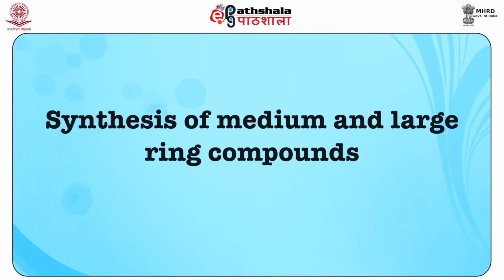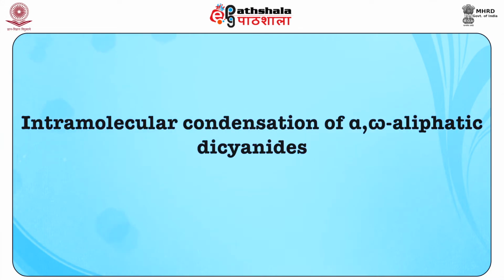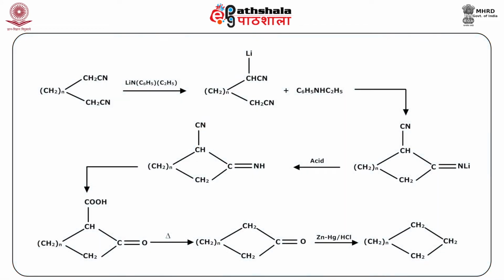Synthesis of medium and large ring compounds. Intramolecular condensation of alpha-gamma aliphatic dicyanides. Alpha-gamma aliphatic dicyanides in the presence of an alkali form cyclic ketones, which can be further reduced to cyclic alkanes via Clemmensen reduction using zinc mercury and HCl. Here it can be seen how a dicyano compound can be converted into a